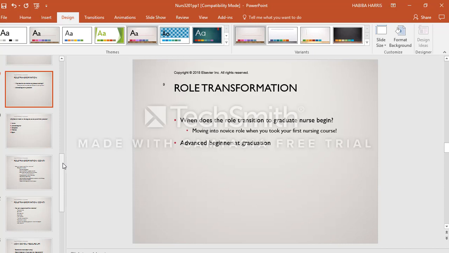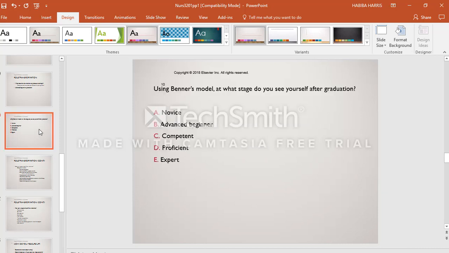So there's different stages in table 1.2 in your book. It's talking about different stages and phases of how you change. So novice is a nursing student, a new setting, no clinical experience. You need rules and guidance. So then you gradually move to the advanced beginner.